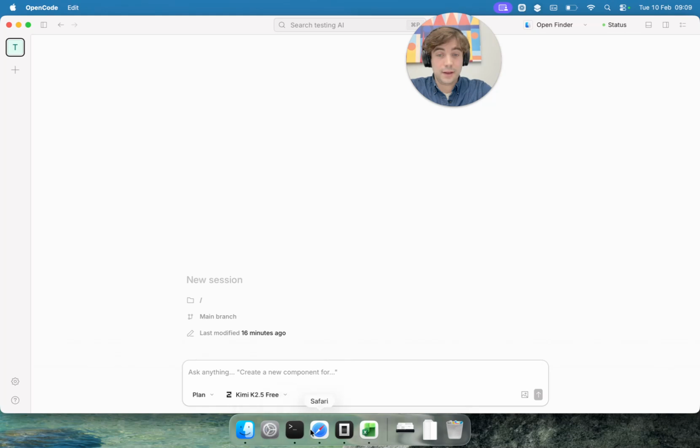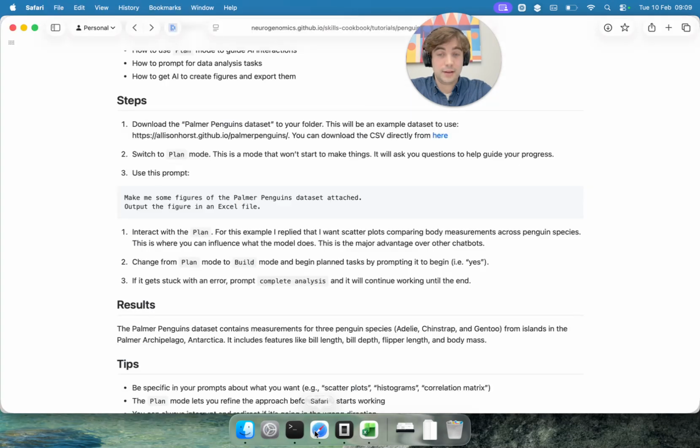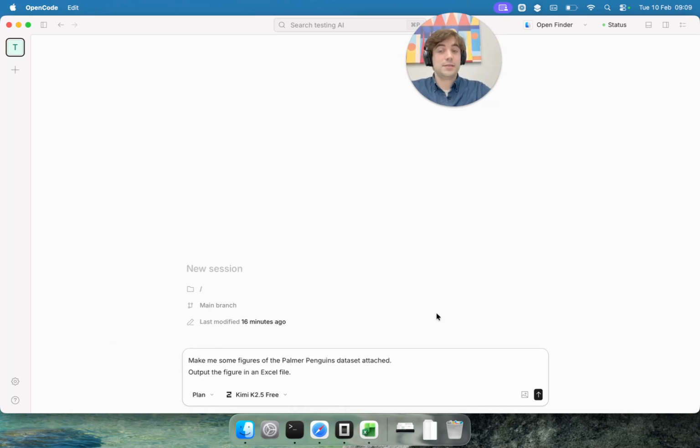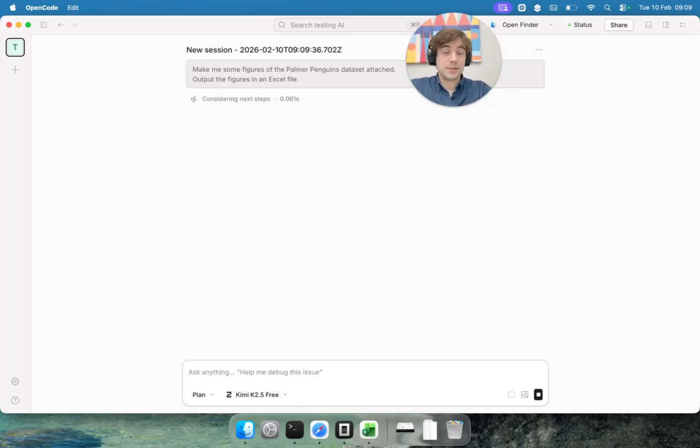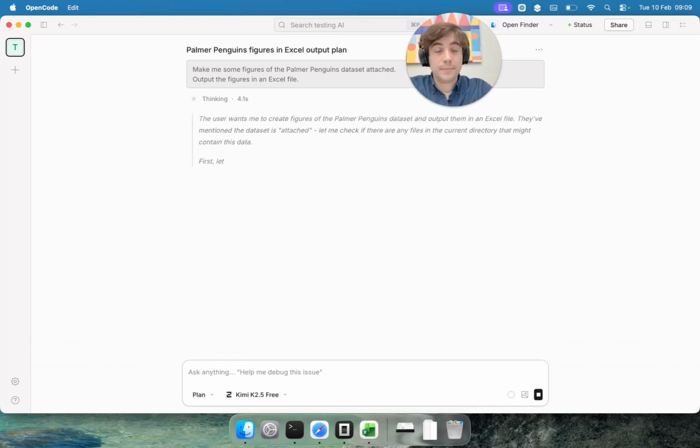Now if I'm in this folder, the data is nearby, and if I paste a prompt like this: make me some figures of the Palmer Penguins dataset attached, output the figures in an Excel file. I chose an Excel file just so it's an easy, interactable output,